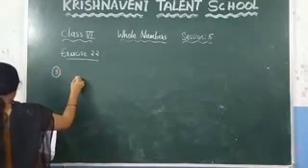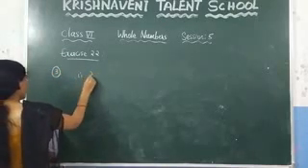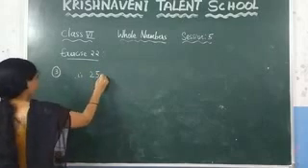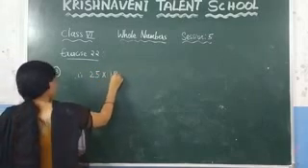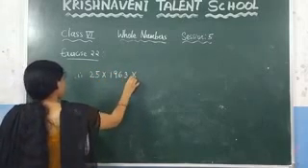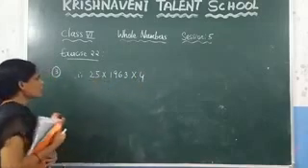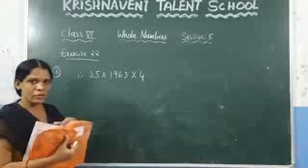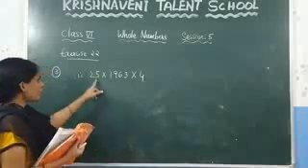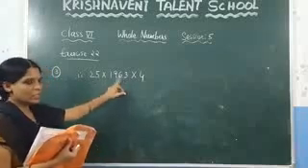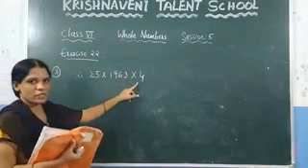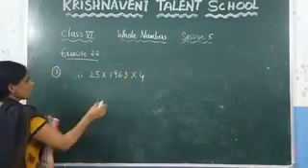The same thing they have given. You have to rearrange and you have to find the product. In the previous question they had given addition. Here they have given multiplication. Again check here, the ones digit you have to get as 0. Here 5 into 3, which is 15, you are not getting. But 5 into 4, which is 20. So we can change this order.